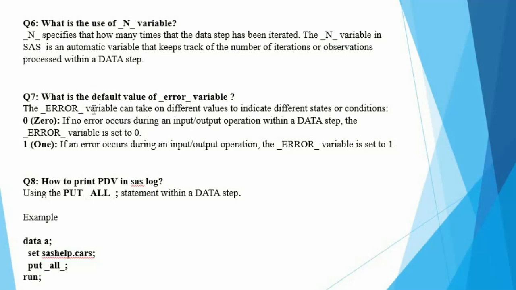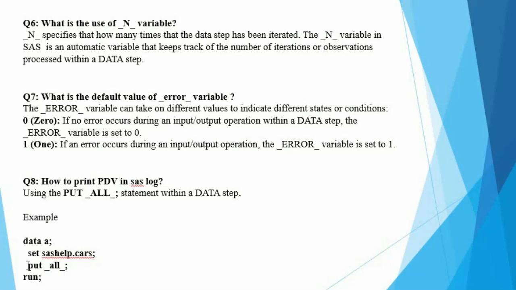Basically, the _ERROR_ variable can take different values to indicate different states or conditions. So how do you print the PDV in a SAS log? Use the put _ALL_ statement in the data step, as I already showed you in the program. Suppose there is a data step, data A, using a naming convention for the output dataset: set sashelp.cars; put _ALL_;